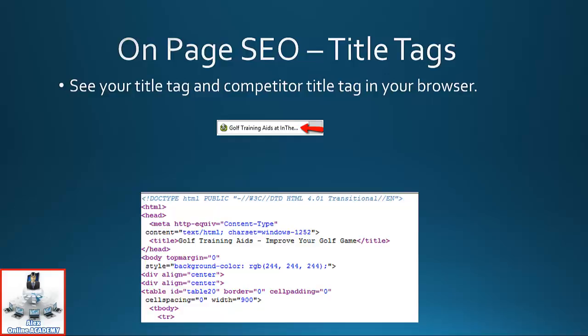You could also go to each page on your website, whatever page you land on, and actually look and see what keyword phrase is showing up in the title tag. And that's going to be found in the tab on whatever browser you're using. So let's say you're using the Chrome browser or Internet Explorer. Notice that what shows up here is golf training aids, at this website, and you'll notice that's their keyword, golf training